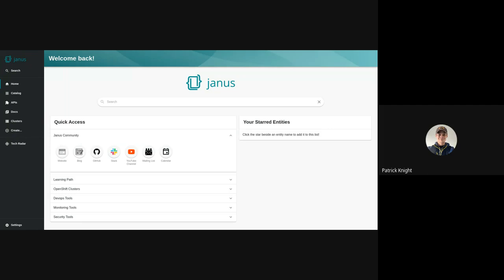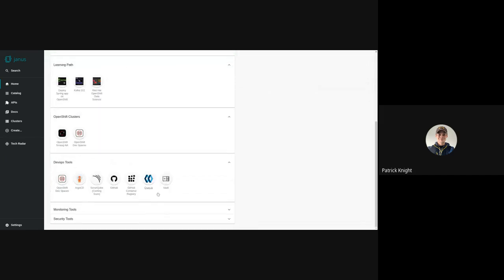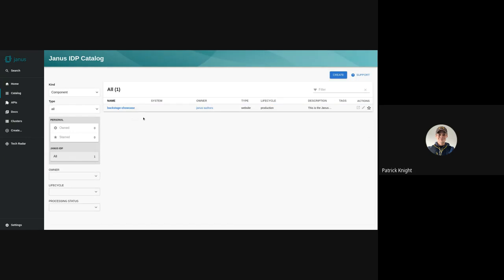Awesome. All right, so we got our Backstage Showcase app. Here's our homepage where we have our theming for the Janus with our colors and everything. We do have some links for our community, some learning paths, the clusters that we're using, and some DevOps tools. If you go to the catalog, you can see that we have in our components the actual Backstage Showcase